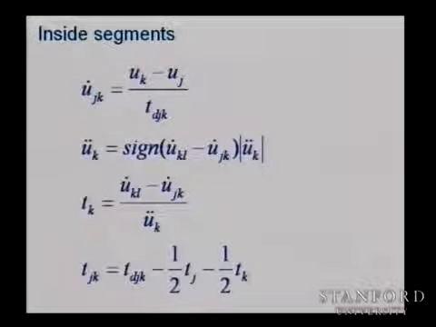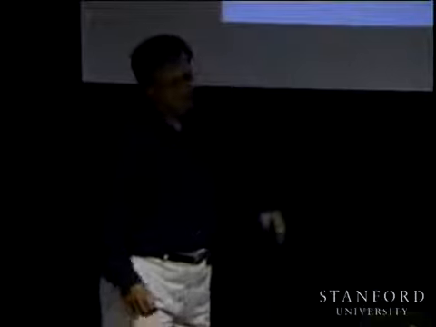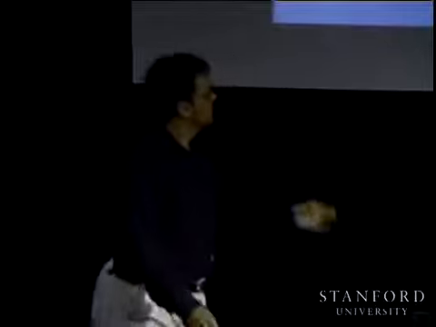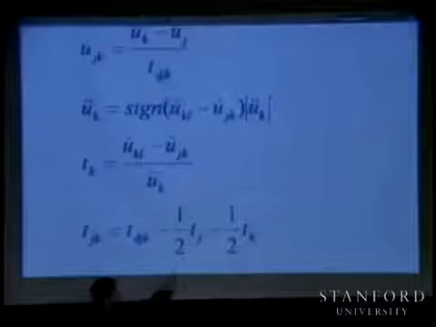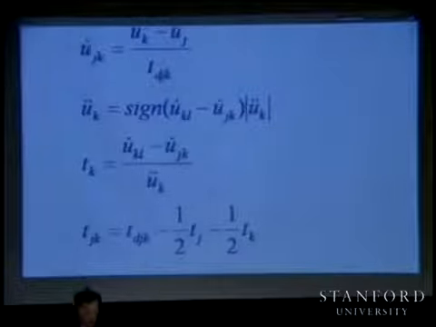And then finally we can find the time for the straight line segments by just subtracting the times for the blends from the whole time for the segment. And as you see here, the blends are half-half on each side. And then when we get to the end,